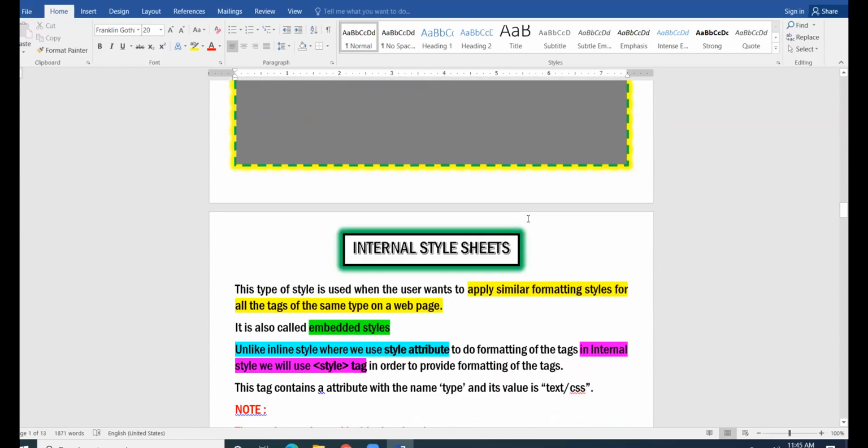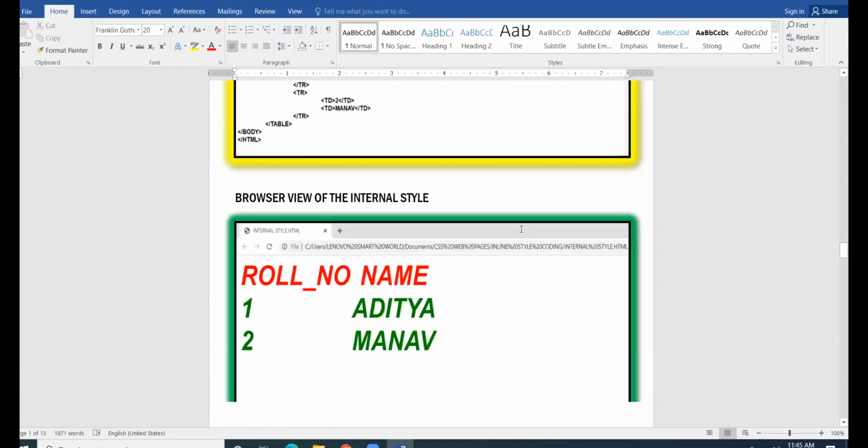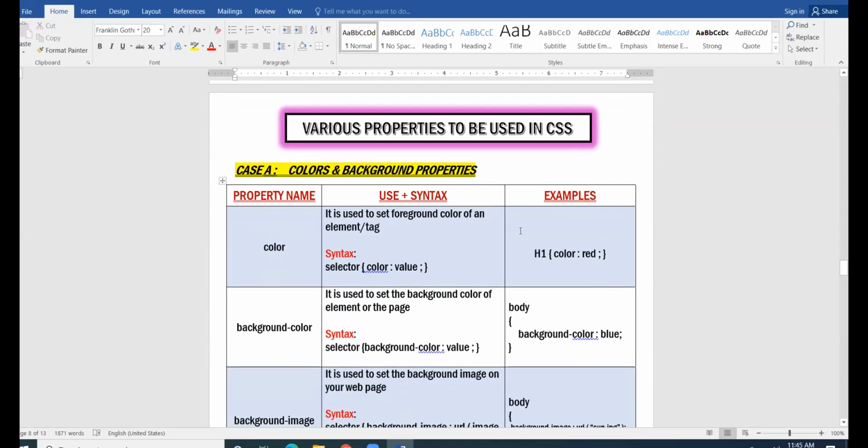Let us discuss all the properties that you are to use in the CSS. In front of you, I have displayed one table which covers the properties of CSS.